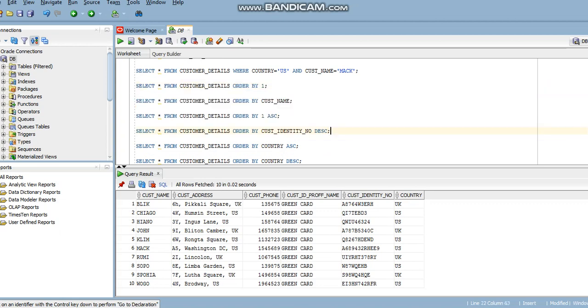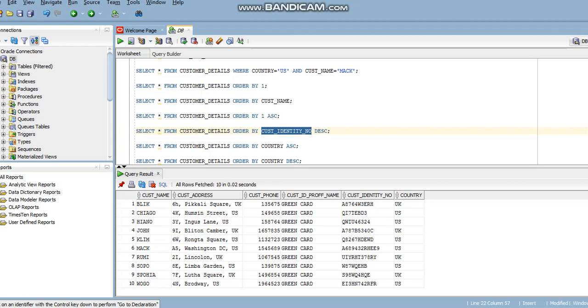So now the next one. If we want to rearrange the data in descending order, we need to specify the order as descending. DESC stands for descending.